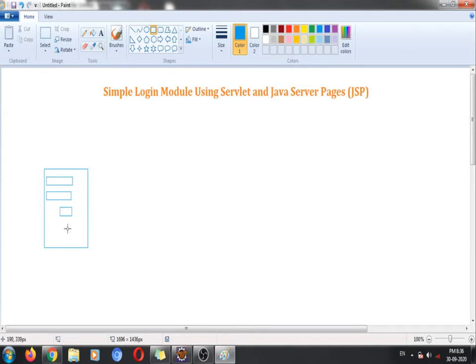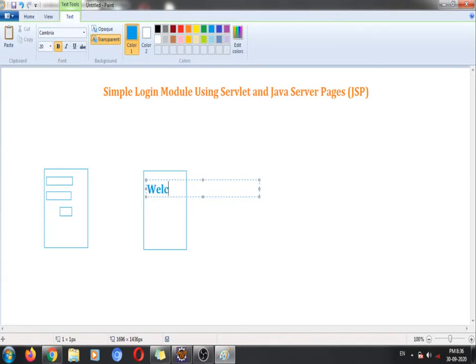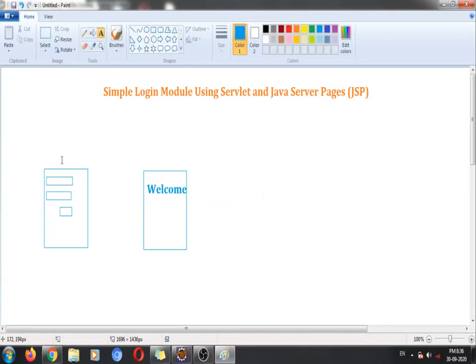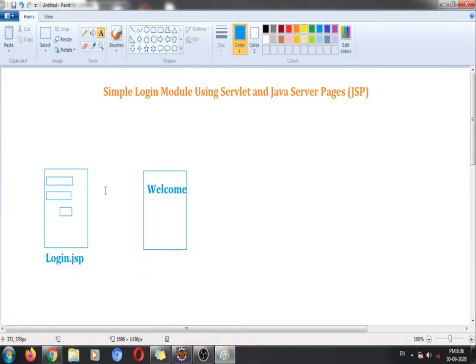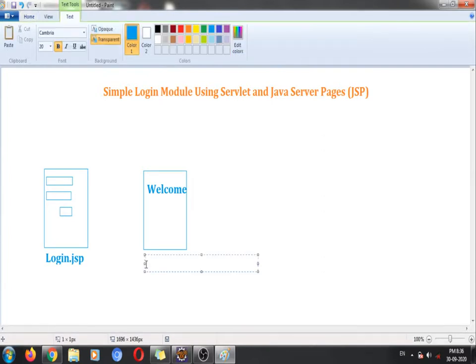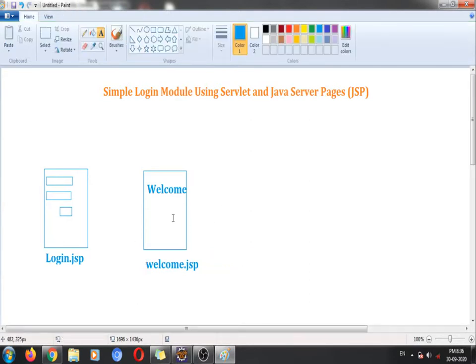Okay. So now after entering the username and password, we are going to relocate to another file, that is nothing but our welcome file. Okay, so in this welcome file we are going to simply display a welcome message. So this is nothing but a login.jsp file. From here we are going to relocate to the welcome.jsp file. On this welcome.jsp file we are going to place one button or one URL. We'll call it a logout.